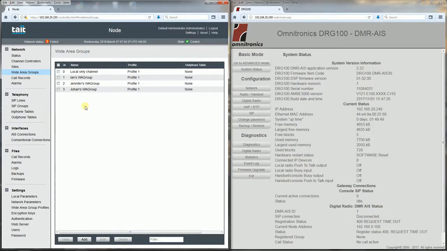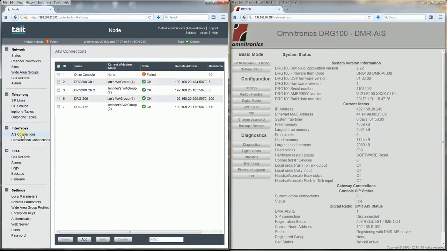The first thing we're going to do is configure the Tait channel controller for our new DRG100. So on the left hand side here, we come down to the interfaces and we choose AIS connections. Now we can see all the AIS accounts that we already have configured in this channel controller. We're going to add a new one. So we come down here, we click on Add,